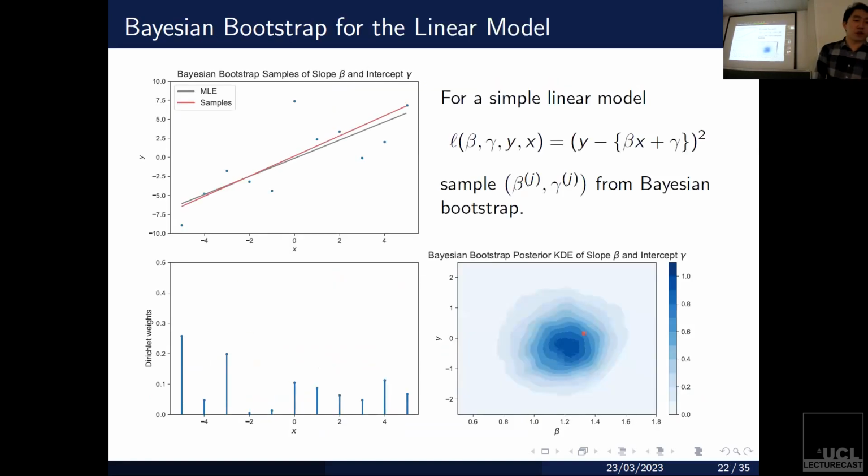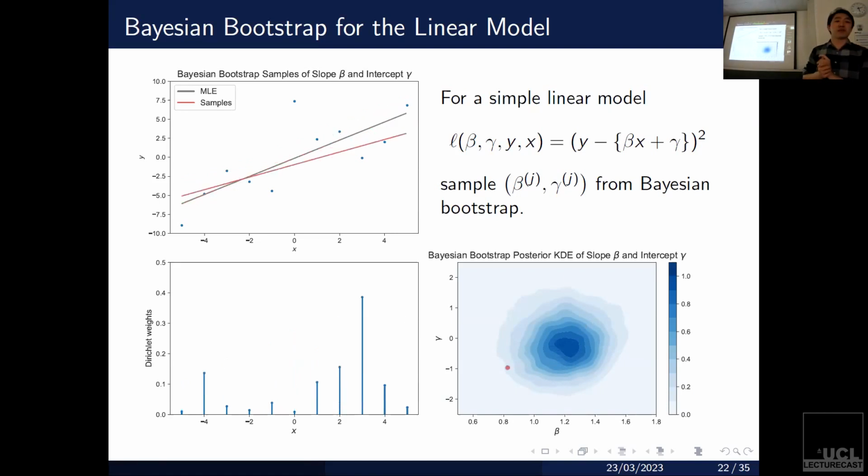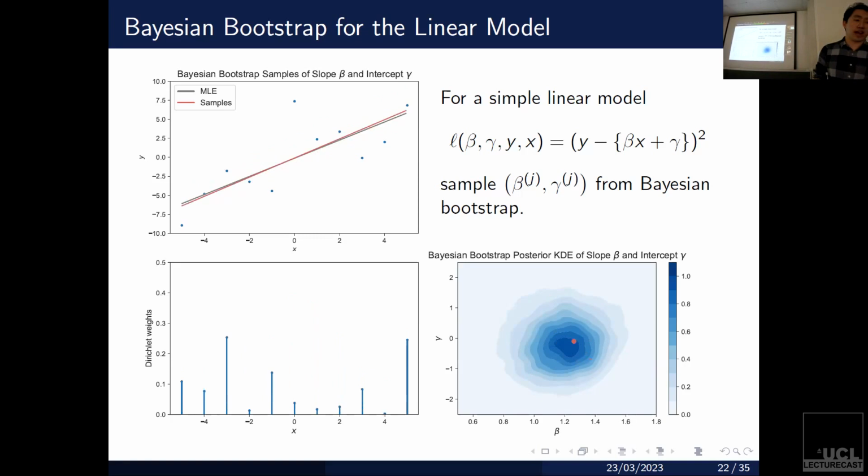But for those who are not familiar with the Bayesian Bootstrap, I made this little animation during my PhD, and I spent a lot of hours on this and trying to milk it through all of my talks. The idea here is really simple. Our parameter is going to be the slope and the intercept that minimizes the least squares. So we're not going to assume that the model is actually linear, but we're just interested in this parameter that minimizes the squared difference. Suppose we've seen these blue data points, these XY pairs, and we can plot the maximum likelihood estimate in gray.